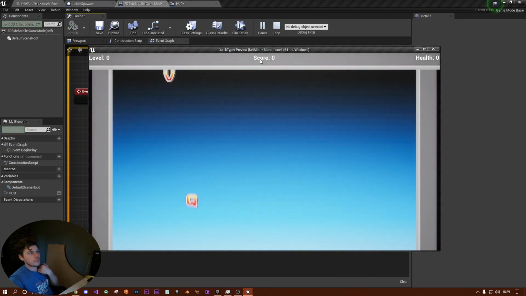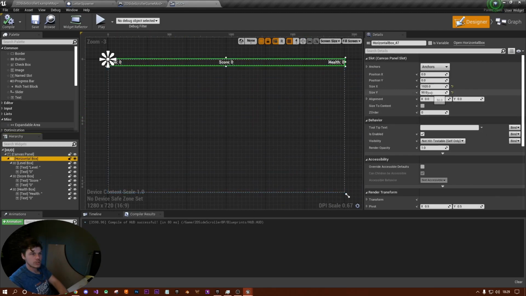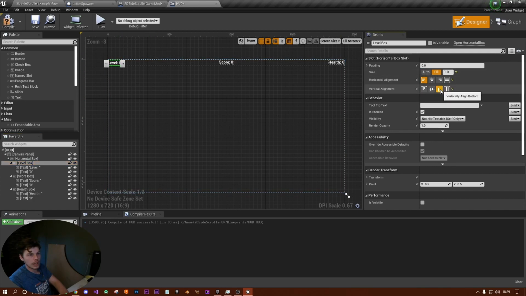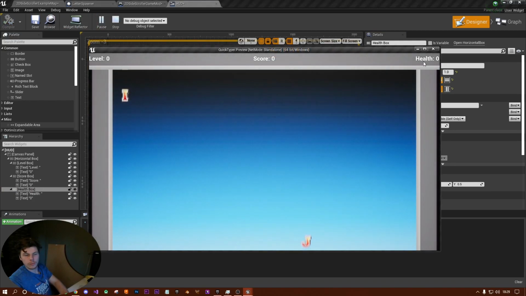Okay, so that's not too bad. I'm probably going to try and move it down just a little bit, and I don't like how close to the edge of the screen these are, so if I can I'm going to adjust that. So to bring it down, I'm actually going to increase the size of... Actually, what I could do is select the level box and the other horizontal boxes, and say align bottom. So let's do that again and again. Let's hit compile and play. So I like that much better. I've just moved them down,